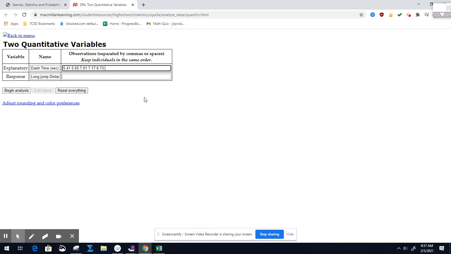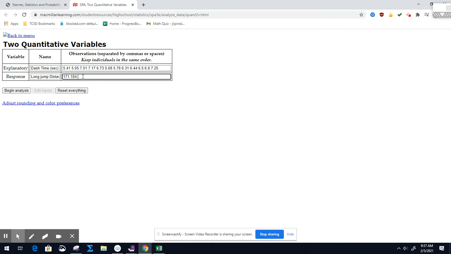Again, just make sure you're typing this in correctly when I ask you to make a scatter plot. 5.68, 5.78, 6.31, and 7.25. I'm going to go down to my response variable, or my y values, and I have 171 inches,